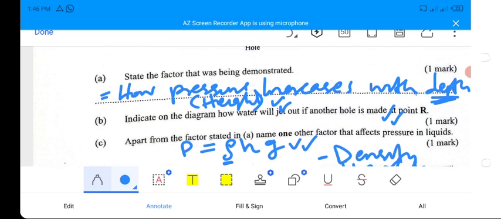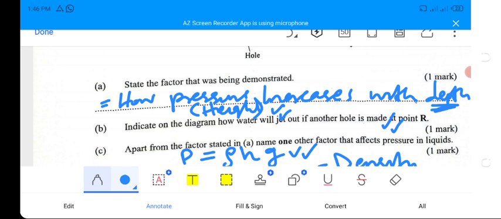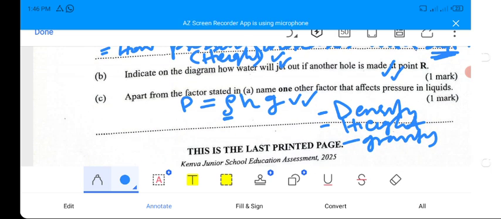Remember, height we've written in Roman A as one of the factors being demonstrated. So when you're writing your answer in Roman in part C, your answer should be density or gravity. For factors affecting pressure in liquids, always the factors come from this formula, rho g h, which is the formula for calculating pressure. So this is KCSE, paper 1,